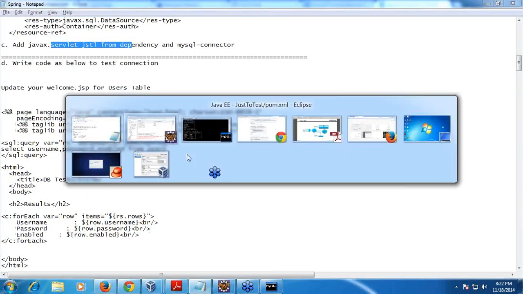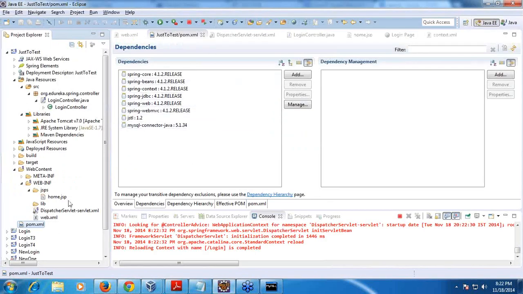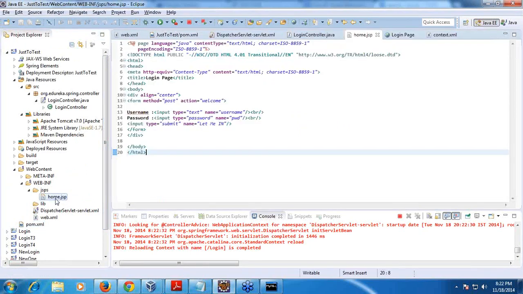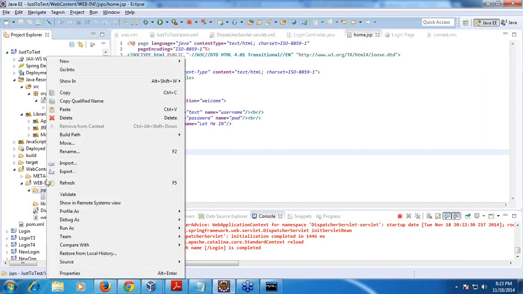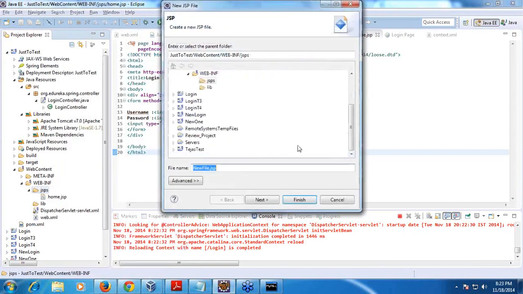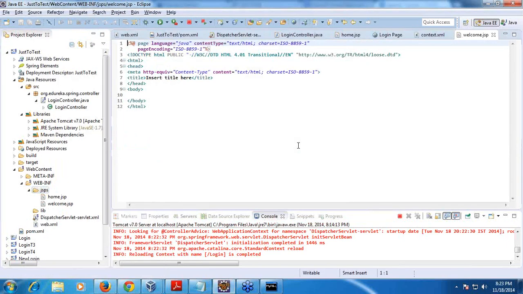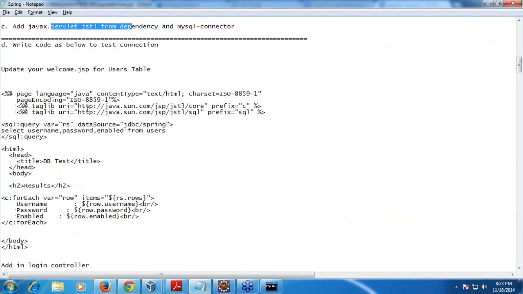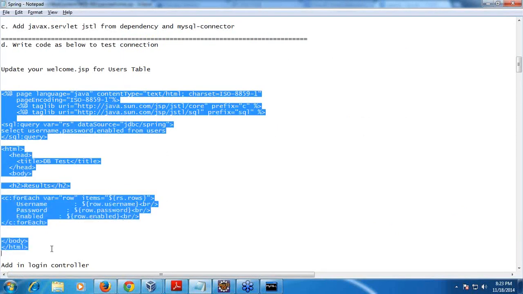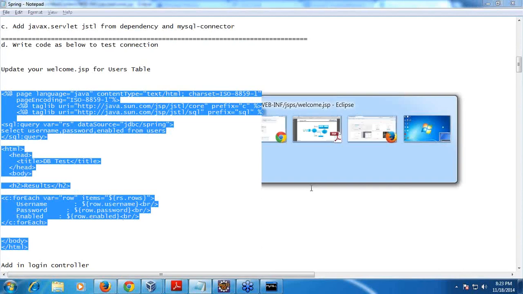For this, all of you try to understand what I am trying to show now. In this home.jsp, I am just taking the input parameters. When I submit, it goes to the welcome file. I am writing a welcome file now to show how to use this JNDI, right? So again, new JSP file, welcome. Right, I am adding this JSP file.